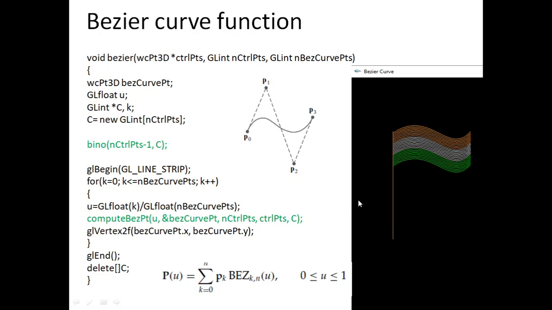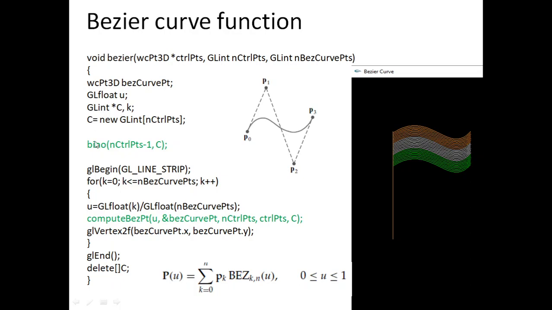So you come back to our lab program. Our logic is we are going to draw curves like this. So 8 green curves, 8 white curves, 8 orange curves, and one pole we are drawing. So the Bezier function is taking these inputs: control points, number of control points, and number of curve points. All the values we have declared already. You see this declaration, Bezier curve point. So the point has three values, x, y, z, u, you know, c, k.